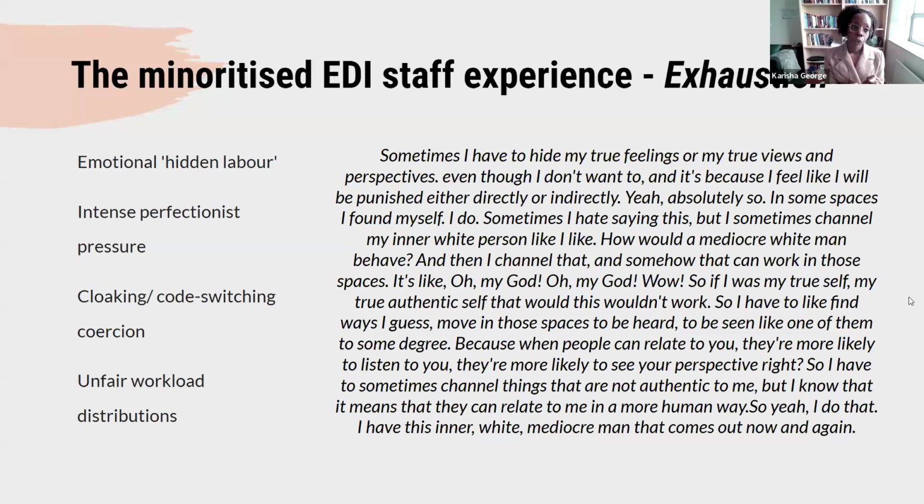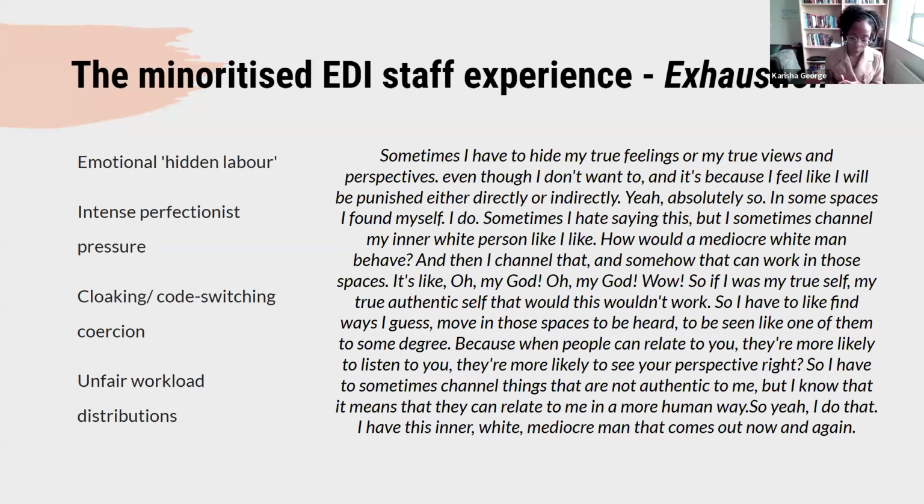So what I'm going to go through with you now are the three main themes that emerged, right? The first one is exhaustion. The second one is disillusionment, and the third one is disempowerment. I'm going to go through very briefly the 5 sub-themes within them, but what I want us to take away from this is just a general understanding of some of the real life things that people are experiencing. And I provided a quote here from Lucy's suggestion to help you visualize that a bit more as well.